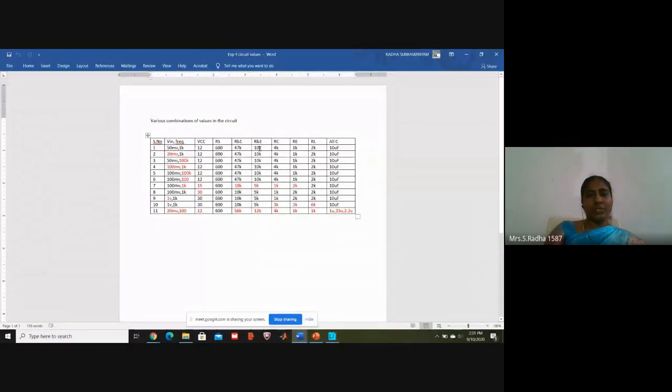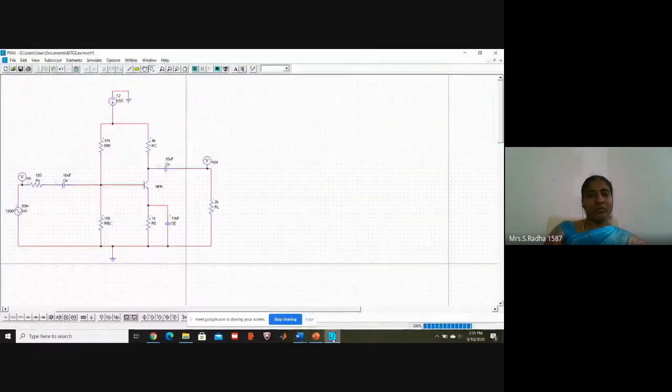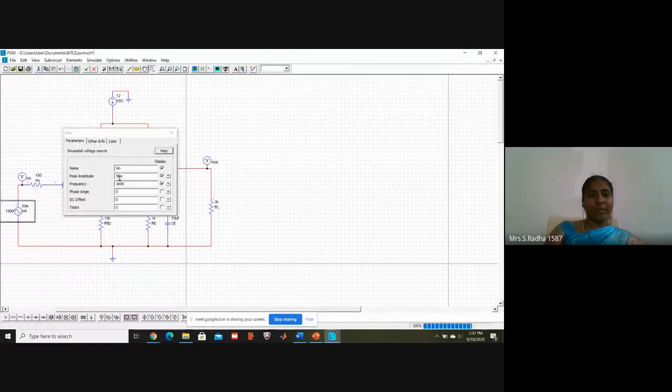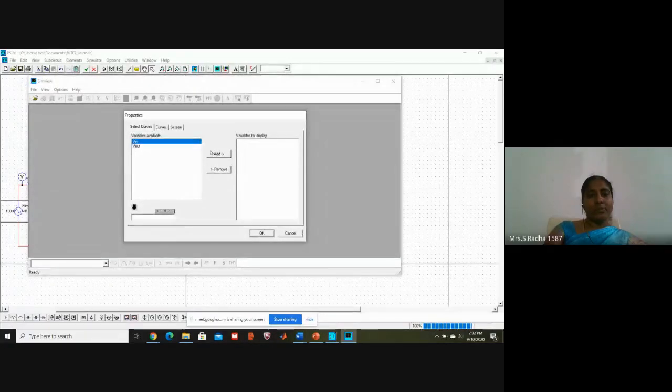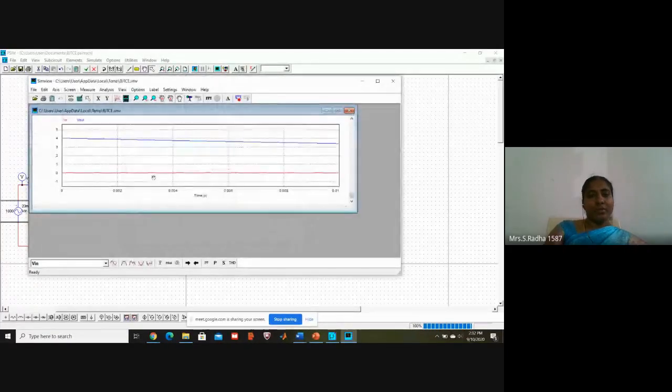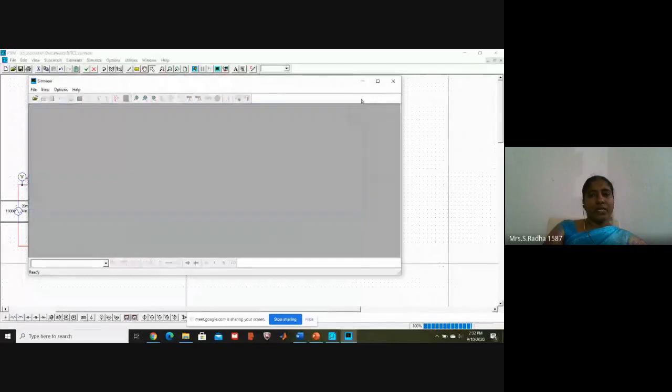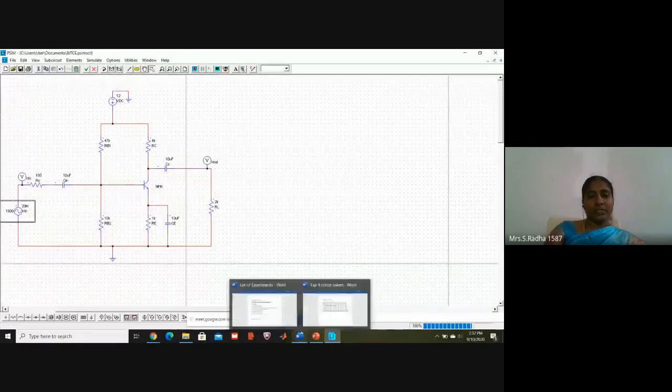This first option, just now I showed you the output waveform. Now I will go to 20 millivolts. I will set input red color alone. I am going to change. To see a better waveform, I have tried many, because there are some design values based on which you can see the parallel input and output. Now if I change the input to 20 millivolts, what will happen? Save. After doing any changes, save it. Then click on this input waveform add, output waveform add, and then you see the waveform. Okay, it is the same.